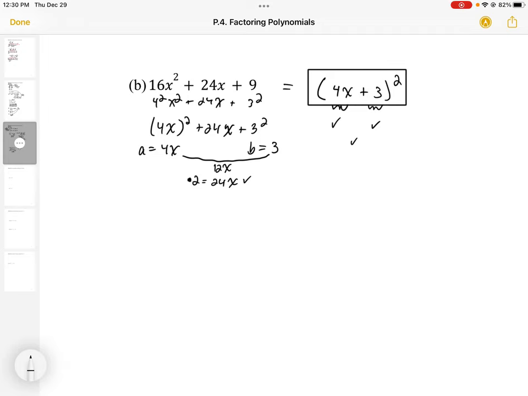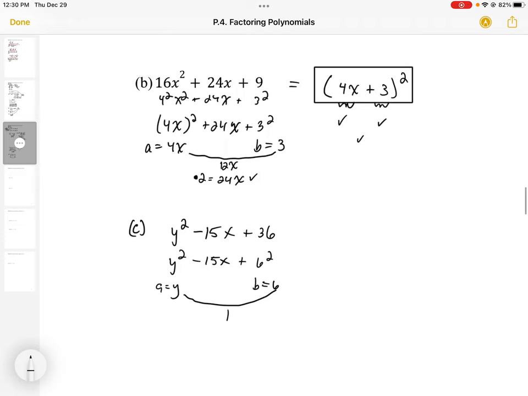And before we go, let's take a couple of examples that are not perfect square trinomials. Let's look at y squared minus 15x plus 36. So we already have y squared. We could rewrite 36 as 6 squared. So that means our a would be equal to y and our b would be equal to 6. But if we take that y and that 6 and we multiply it together and double it, we end up with